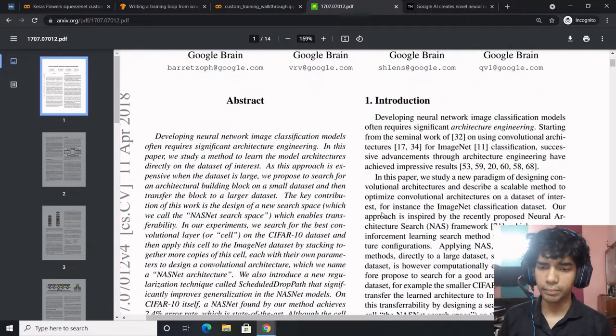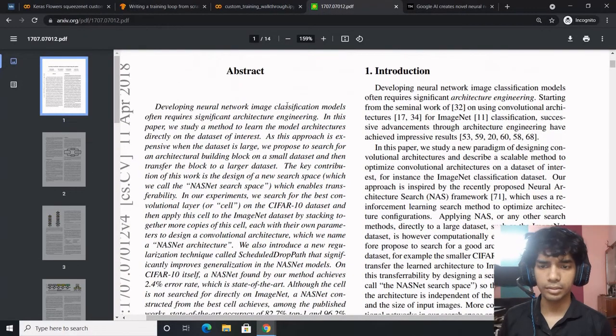Let's go through the abstract first. Developing neural network architectures for image classification models often requires significant architectural engineering. In this paper we study a method to learn the model architectures directly on the dataset of interest. As this approach is expensive when the dataset is large, we propose to search for an architectural building block on a small dataset and then transfer the block to a larger dataset.